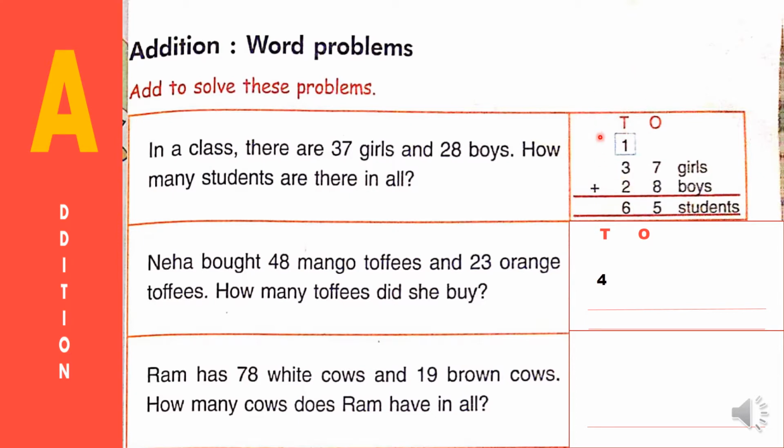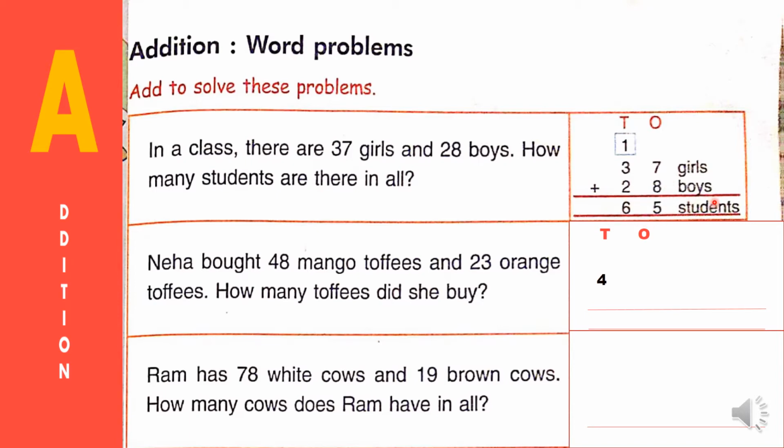First, here 3 numbers are there. We should add the first 2 numbers. Which number is bigger? 3. So keep 3 in your mind, 1 is in your hand. 3, after 3 comes 4. So keep 4 in your mind. Here what number have they given? 2. So 4 in your mind, 2 is in your hand. 4, after 4, 5, 6. So we are writing 6 here. How many students are there in that class? 65. Girls and boys we are adding, we are finding the answer. 65 students in total are there in that class.